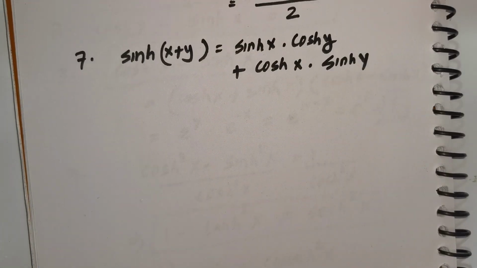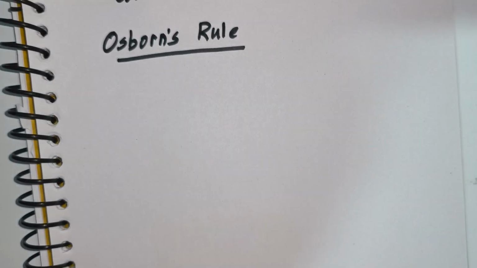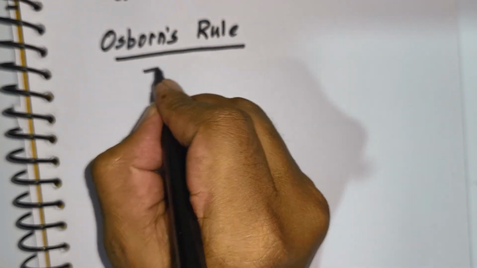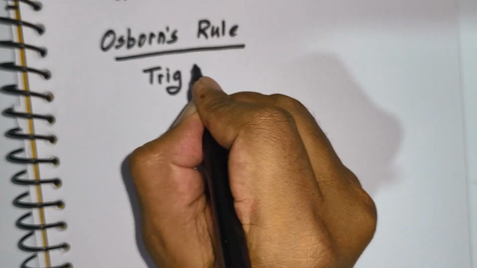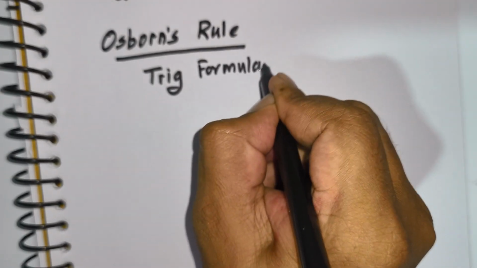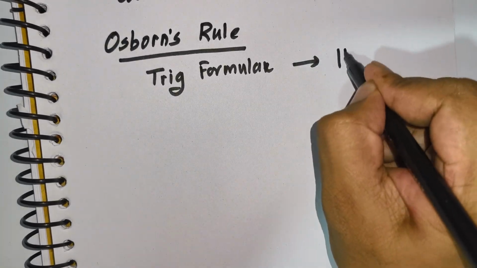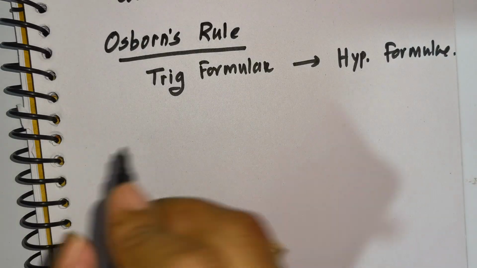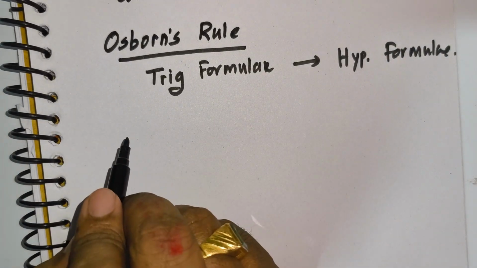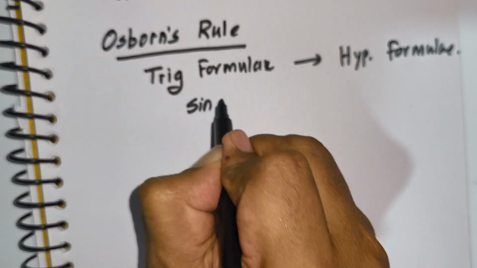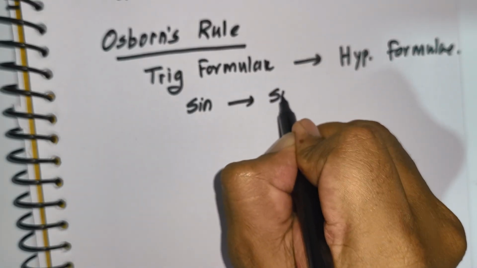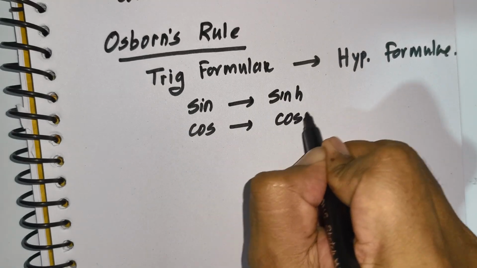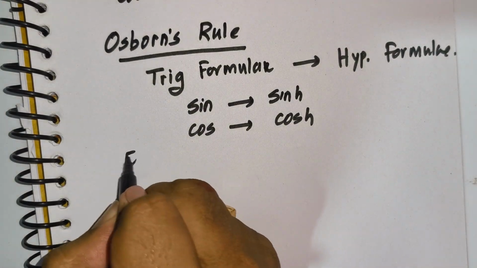There is a rule called Osborn's rule, which gives an idea to convert a trigonometric formula to a hyperbolic formula. Suppose you have a trig formula, then you want to convert it to a hyperbolic formula. And what rule do you have to apply? You have to convert sine to hyperbolic sine and cos to hyperbolic cosine, except